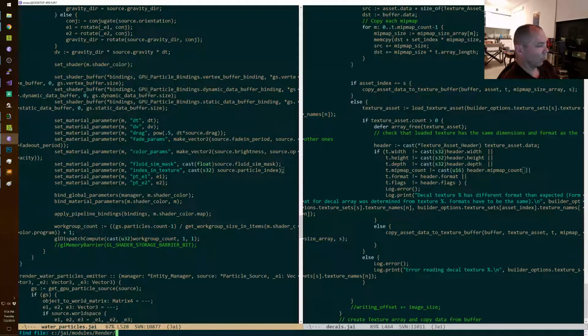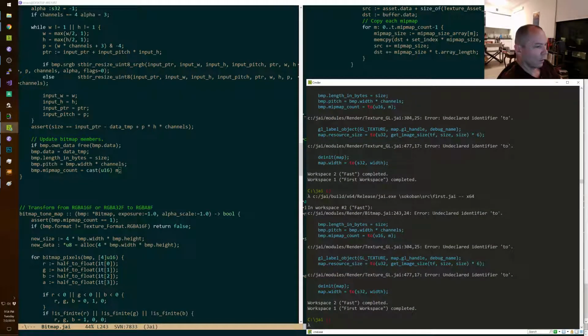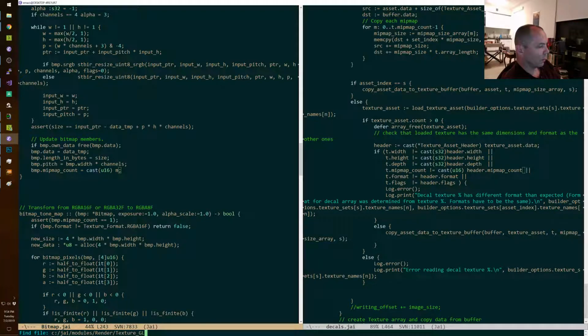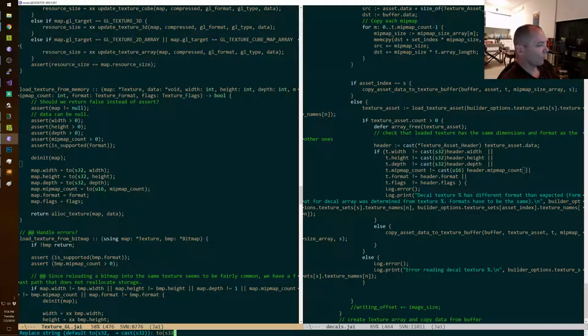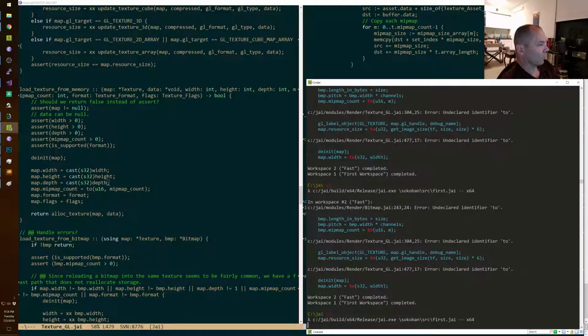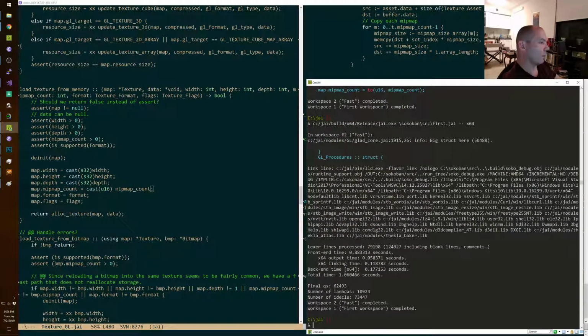Render bitmap, not bitmap render. Texture GL. Oops. Okay. Great. Great.